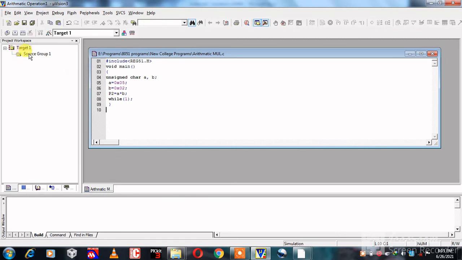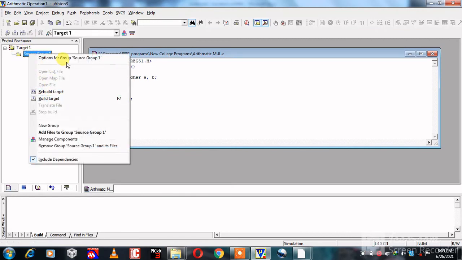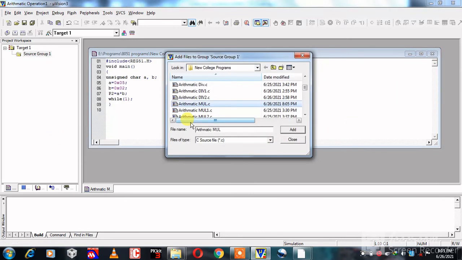Then right click on source group 1, then add file to source group 1. Click on arithmetic mul.c, click on add, then click on close.